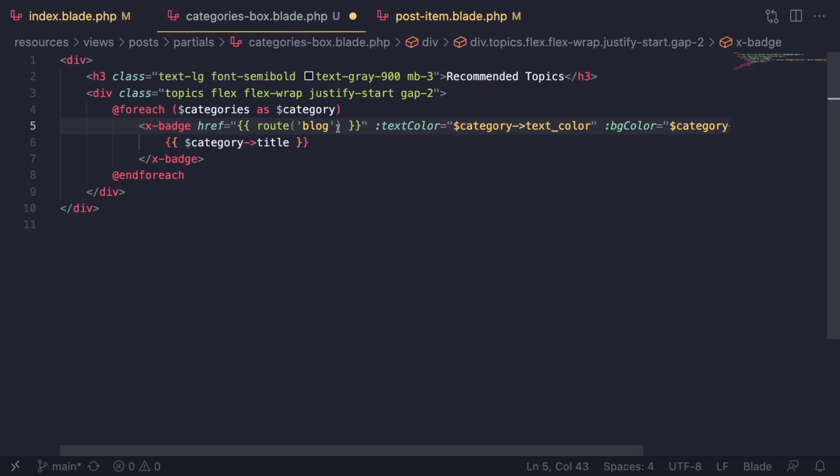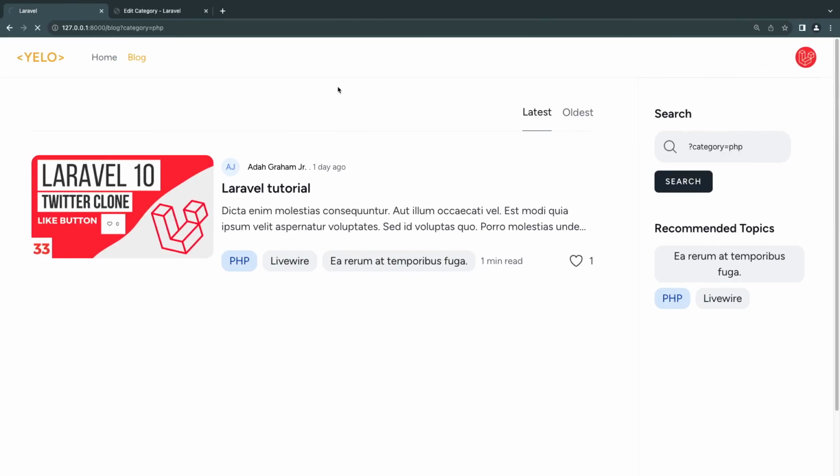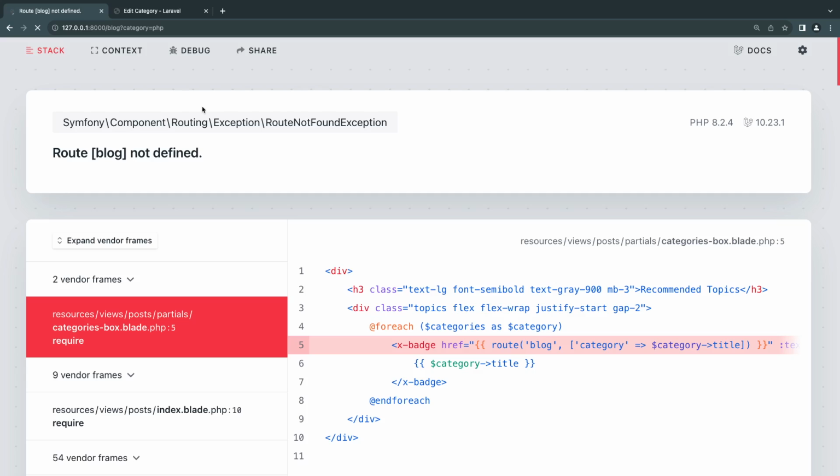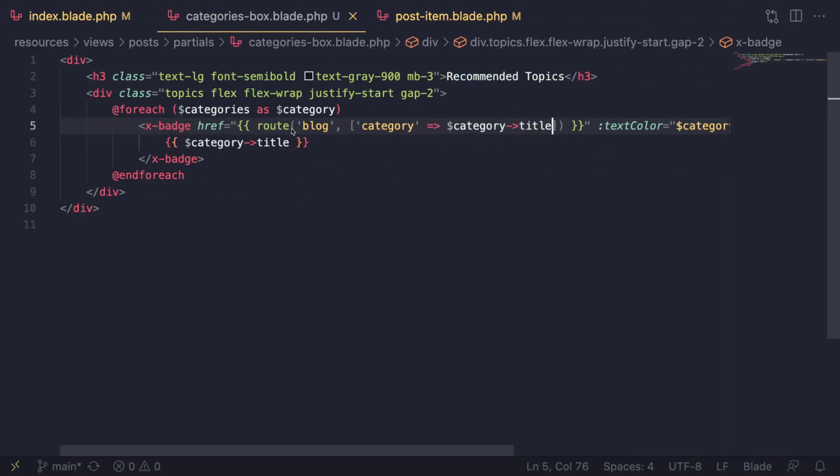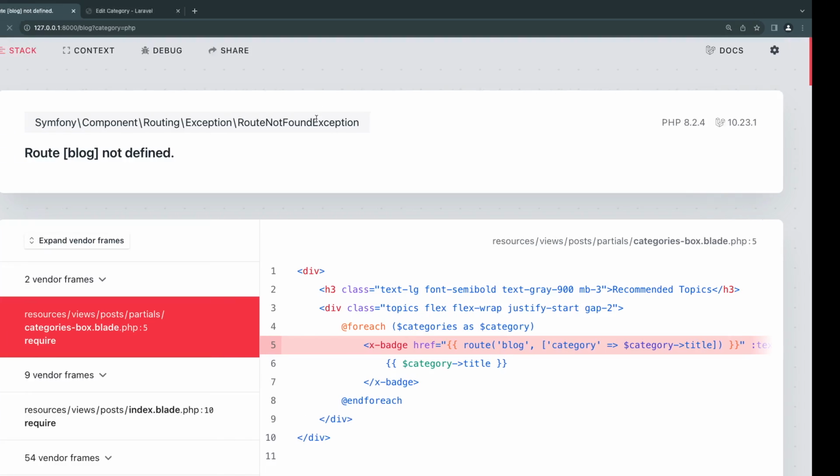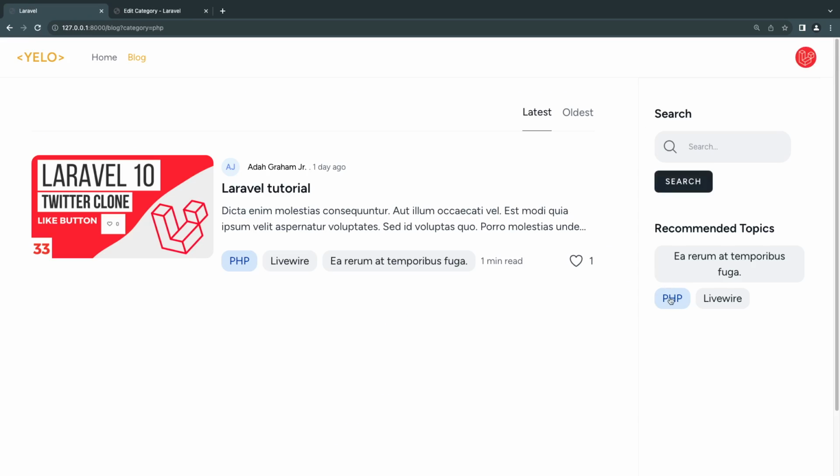One way we can add parameters to a route is to use this route helper and, for example, pass in category and then have here be category title. And this should work. Let's try it actually. It is telling us blog not defined. Okay, yeah, this route is posts index. Let's do a reload. So if I click on this one,